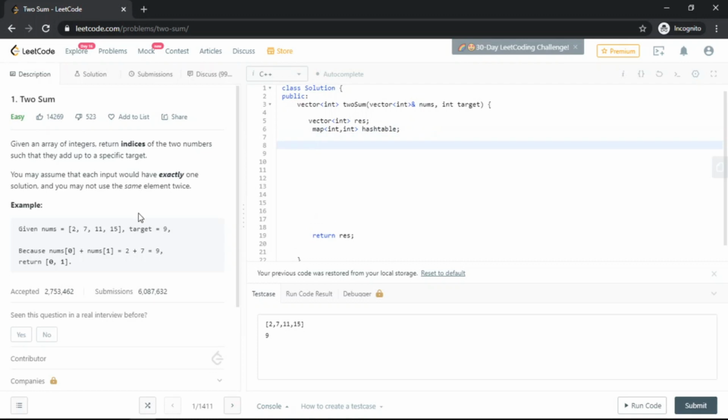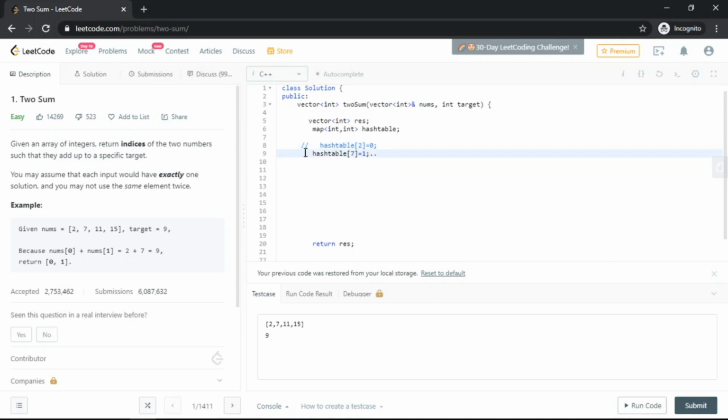The next thing we are going to do is traverse through the number array. Let's see how we'll achieve this. Once we start traversing this array, we select an element and put it into our map, that is, the hash table. We'll put this 2 in our hash table and pass the value as the index of this element. So h of 2 is 0. Similarly, hash table of 7 would be 1, and so on. So this is the idea we'll use first.